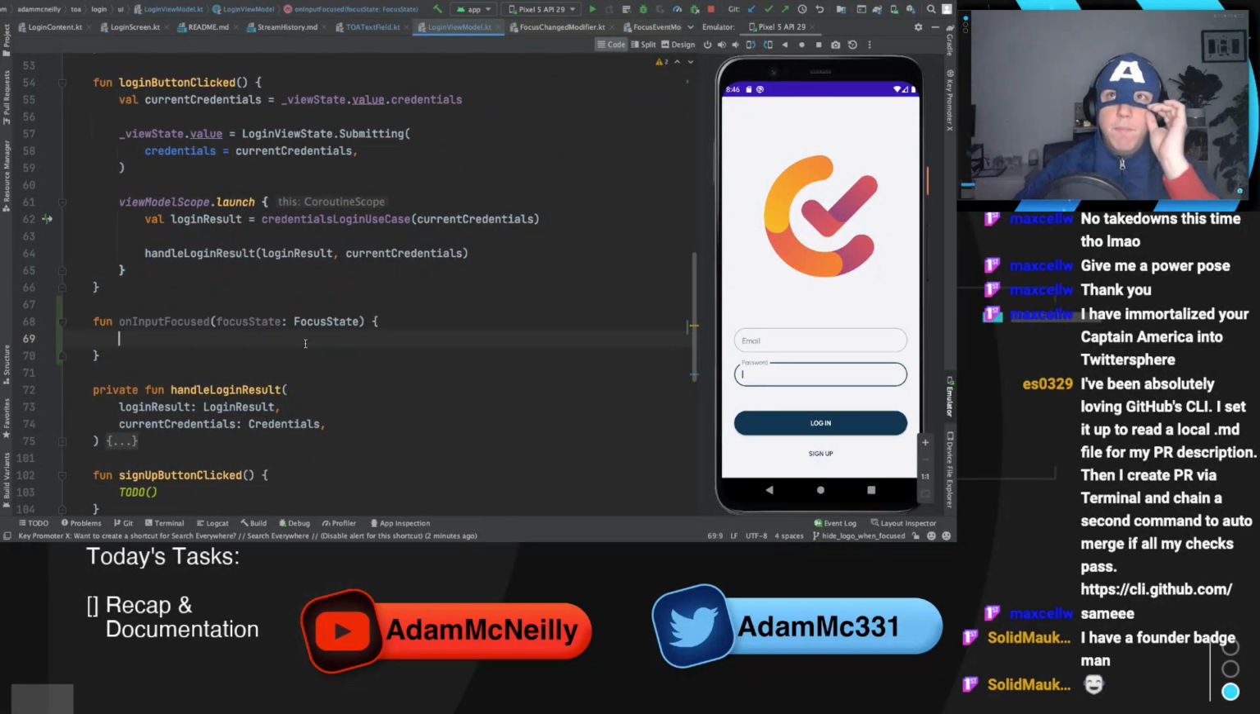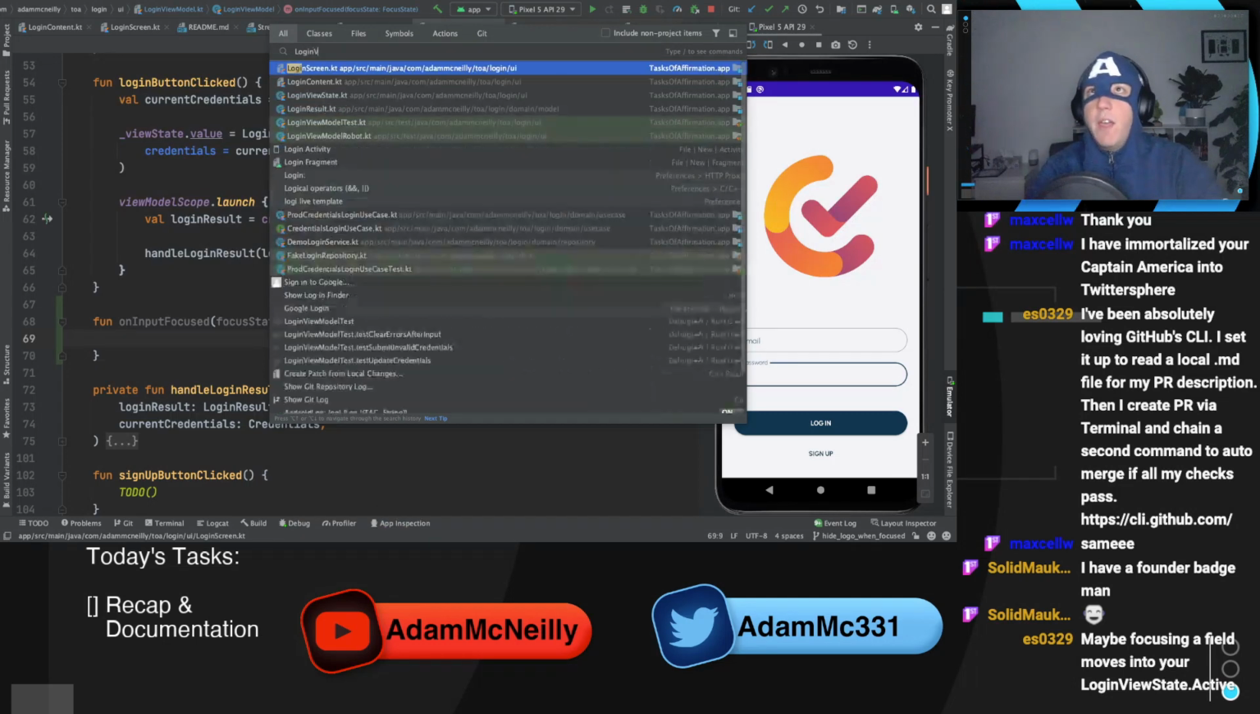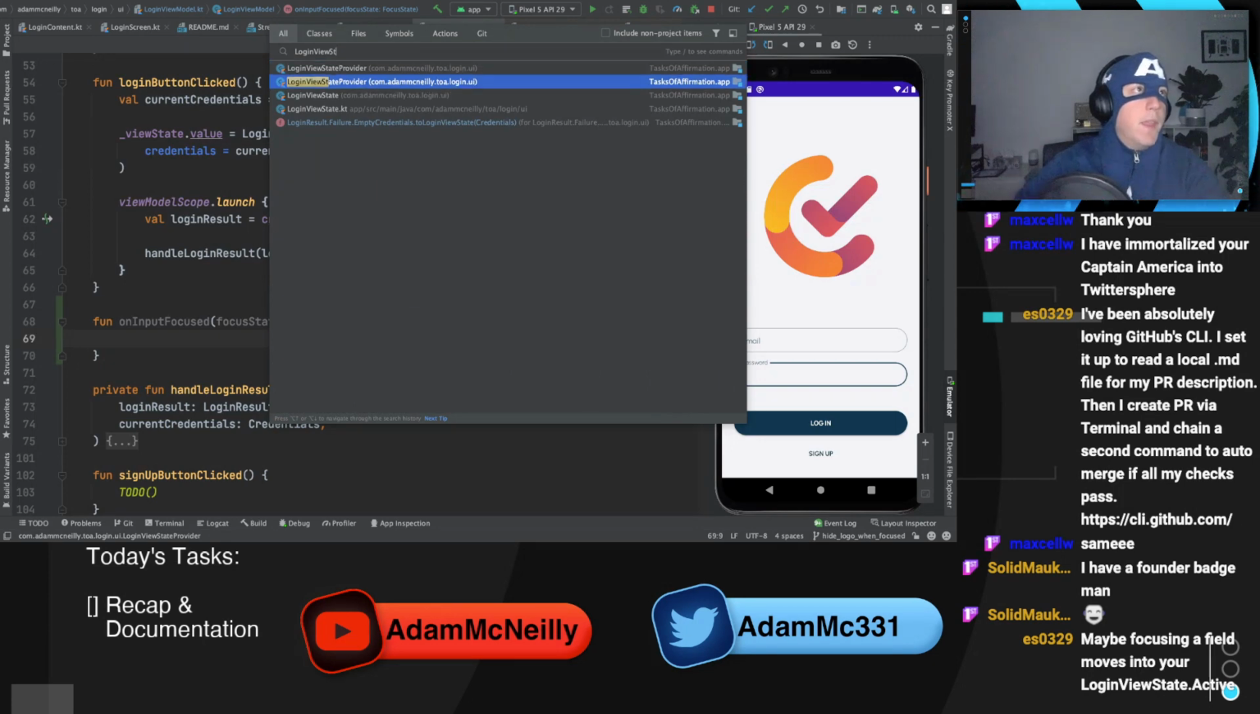Let's go with it for now. I think we can probably change it later. But we need to talk about also how this gets modeled on our view state. So if we look at, right, so we've got login view state.active, right? And